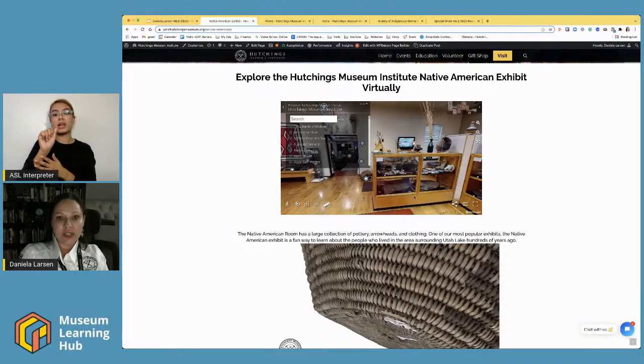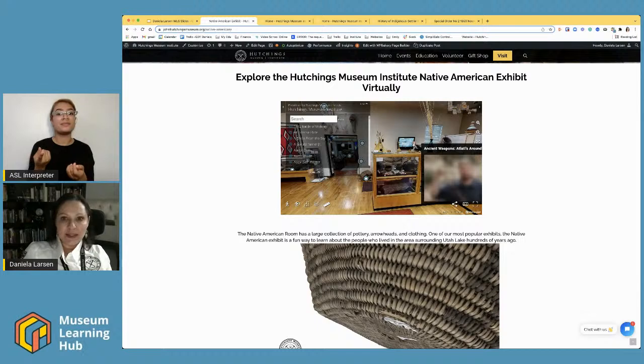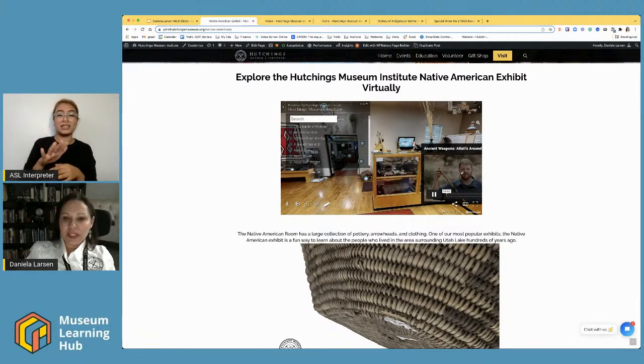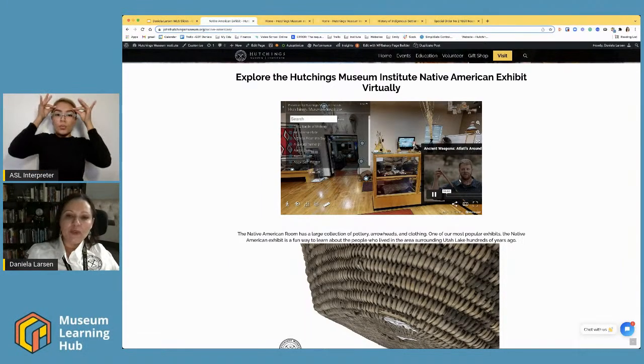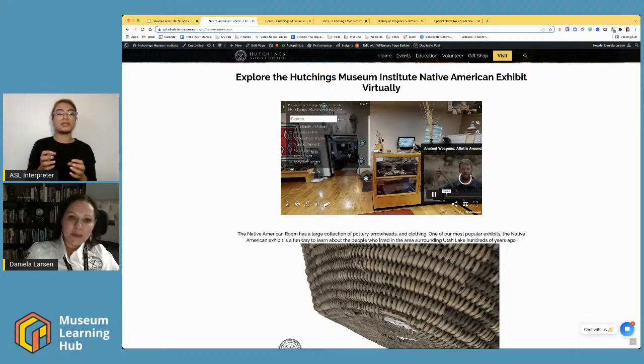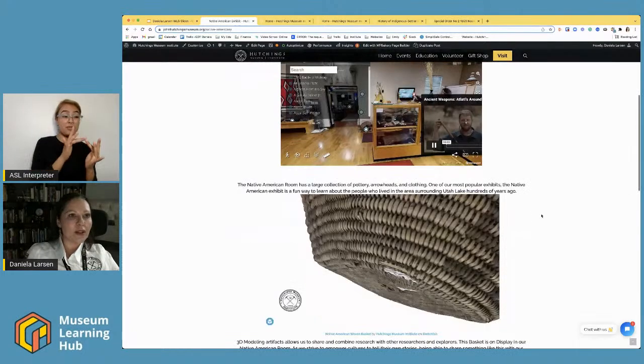And so you feel like you're actually in the room, and then you can pull up information on the different artifacts. And again, one of the most powerful things is the fact that there's unlimited space here. These can hold videos, you can get so much. We've had so many more visitors make comments about the virtual tour than we have about the live experience, just because they have access to so much more information sometimes here virtually as well.